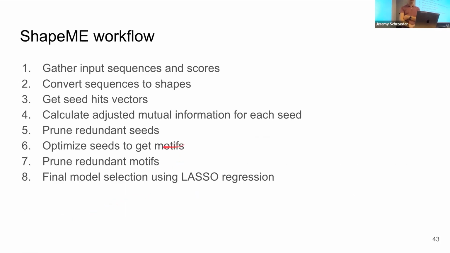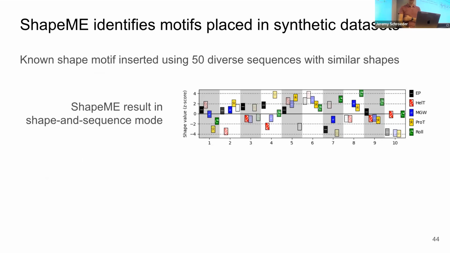So after that final optimization of all the seeds, what we often see is that some seeds will converge to actually be the same motif. We can further prune the redundant ones using another round of filtering using conditional information, followed by lasso regression for our final model selection. And then ShapeME gives a nice HTML report to the final user so they can open that up in a web page. And the goal here is to get a web app running so that people can just submit their sequences online and get the result and download their results